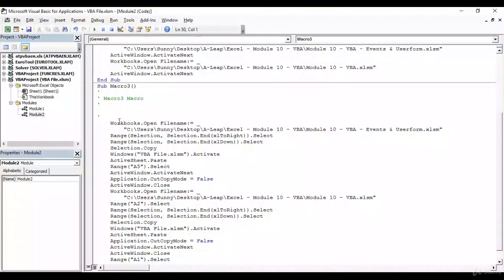Visual Basic. So this is my macro 3. So over here we are opening the first file, module 10 events and user form. Then if you may remember, we initially put our cursor on cell A1 and then we started copying by moving our cursor to the right side, and then we selected the rows by clicking on the down arrow. So all these actions are being recorded over here. Then my selection was copied. Then over here I went back to my original file, VBA file.xlsm,